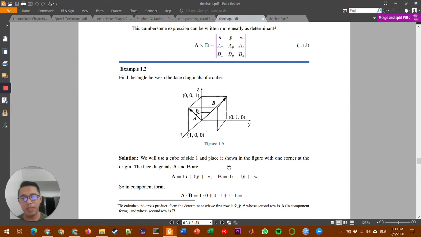How about for the B? So ang B is naa lang siya y and z, wala siya x. So 0 ang iyang x. So kanang x 0 jud na. Then 0 gina ang value. Okay. Then we have y naa siya 1 and then z naa po siya 1. Okay. So in component form, if you do a dot product on that,